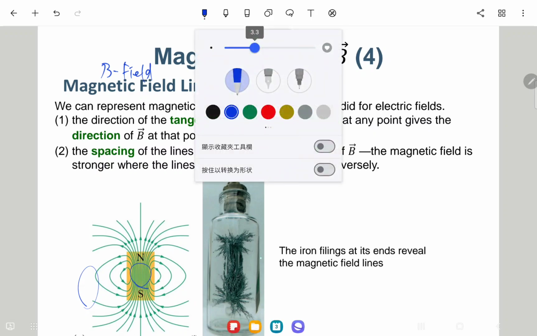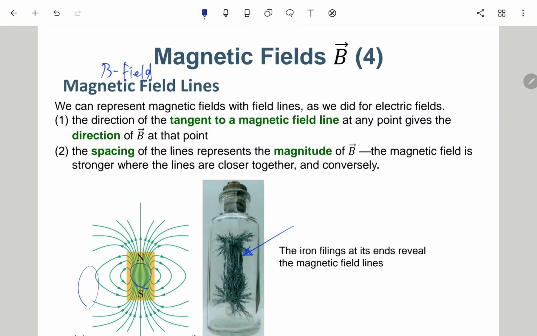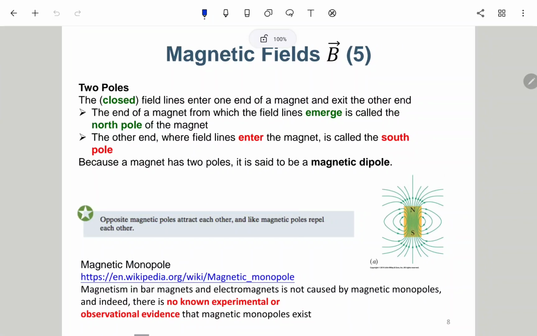Okay, so here is a simple experiment. Here we have a magnet bar in the middle, and then we try to put many iron filings. 这是一些铁粉，就是真的字面意义的铁粉，它就会沿着这个 B field line。